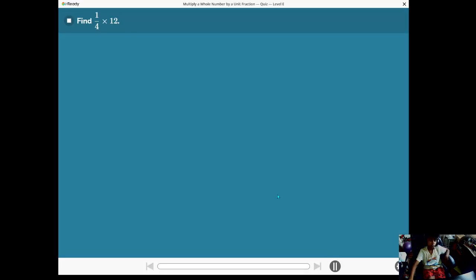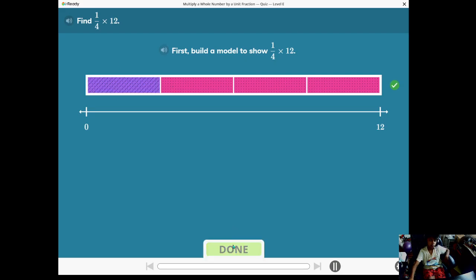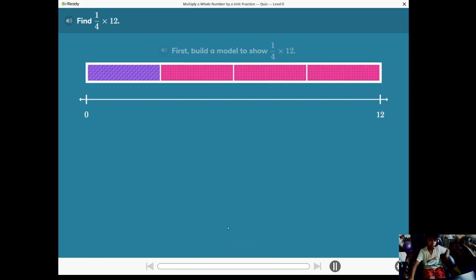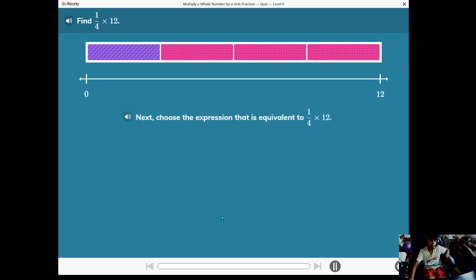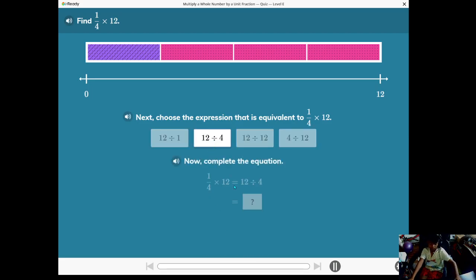Find 1/4 times 12. First, build a model to show 1/4 times 12. Next, choose the expression that is equivalent to 1/4 times 12. Now,